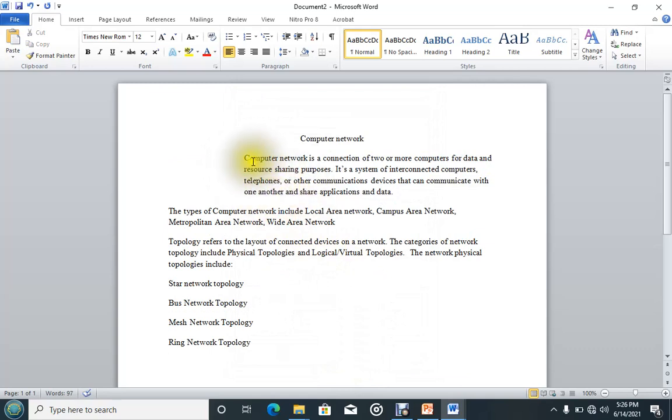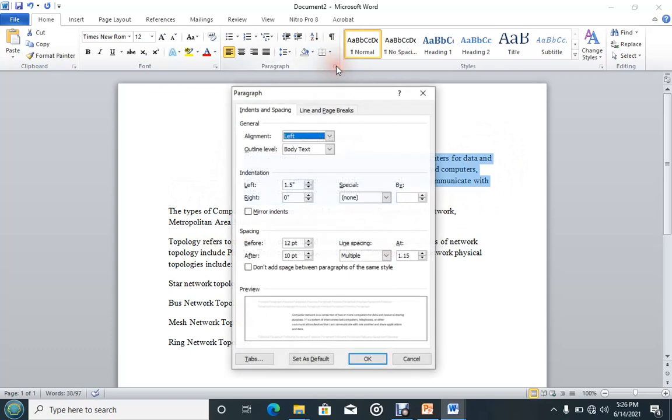My paragraph, the whole of it, has been moved towards the center from the left. Then in case we are to apply right indentation, let me now apply it to this very one here, moving this paragraph from the right towards the center. That's right indentation. So if I select that paragraph, then you launch, and this time we are coming to right. Let me also put it to maybe 1.5.